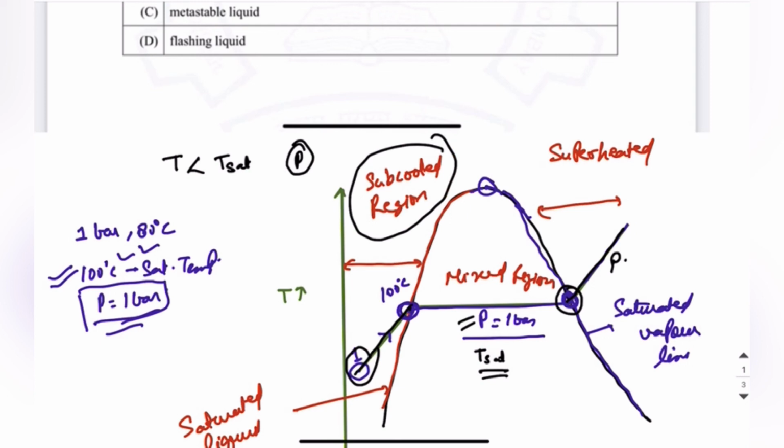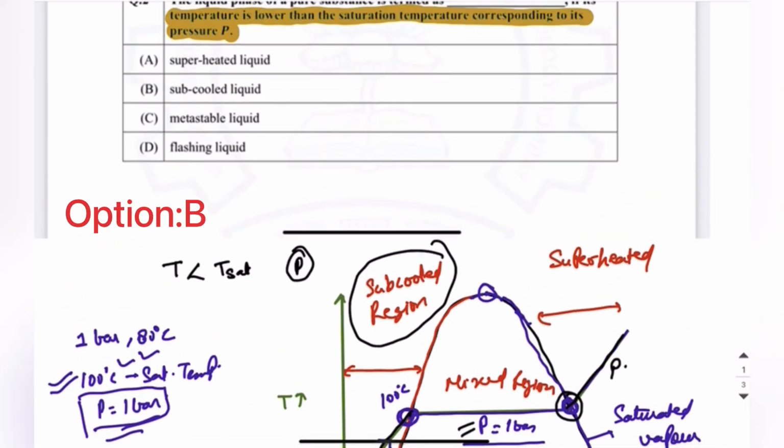So from the given options, option B is the correct answer. Now this subcooled region is also known as